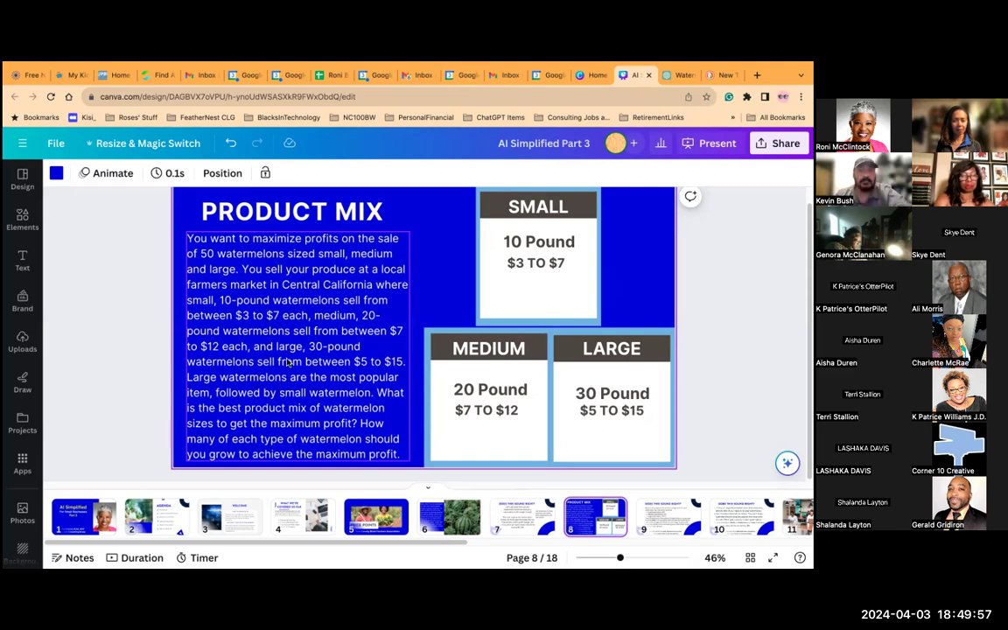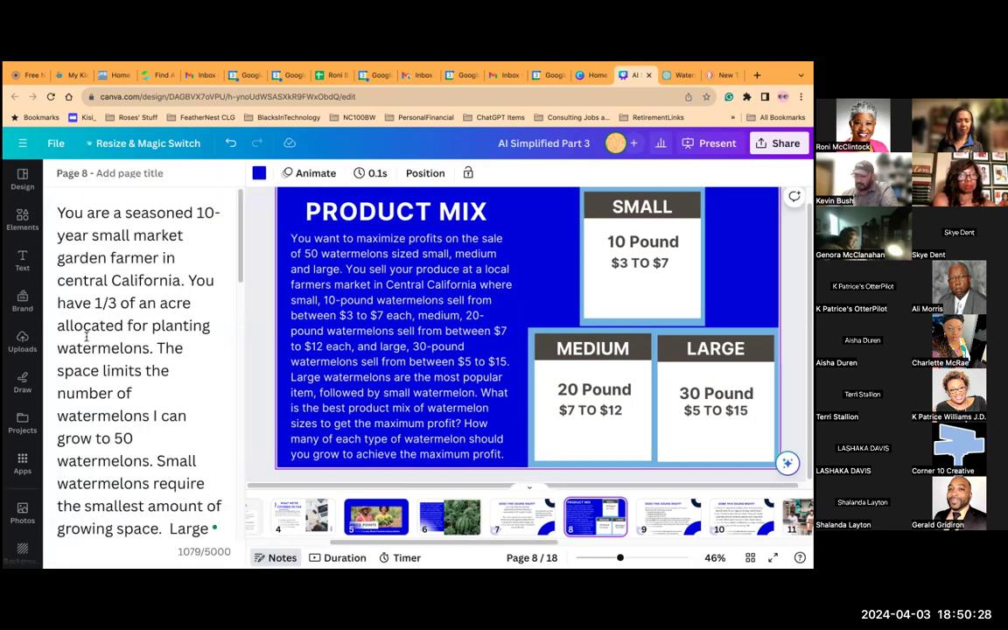We know from our entrepreneur that the large watermelons are the most popular item, and after that, the small watermelons sell. So knowing that we have only so much space and time, what would be the optimum product mix? What would be the optimum mix of watermelon sizes that will get us the maximum profit? And how much of each type should we grow to achieve that maximum profit? So I'm going to go ahead again and put this prompt in the chat so you can use it